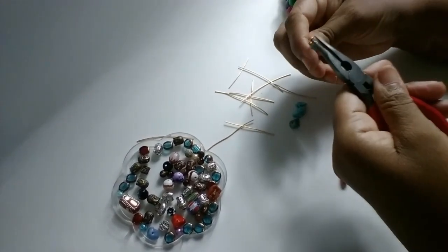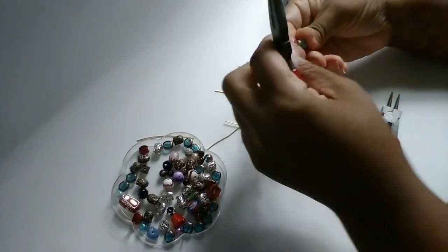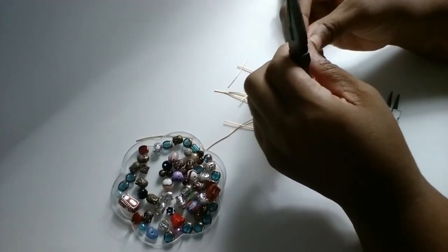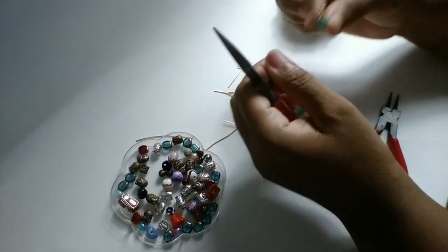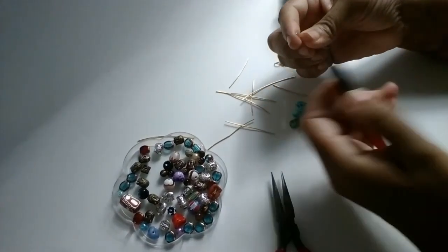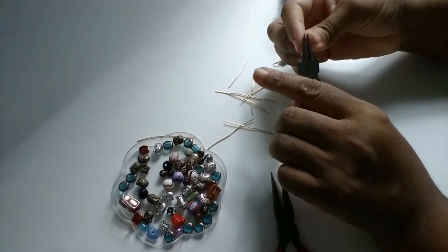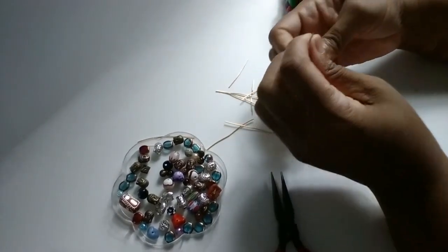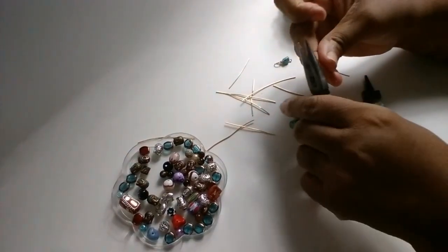Make sure it's closed down. Nothing sticking out. You can't feel anything. So that'll be our first little charm. And then we'll do another one. Roll it over. And let's just use a different